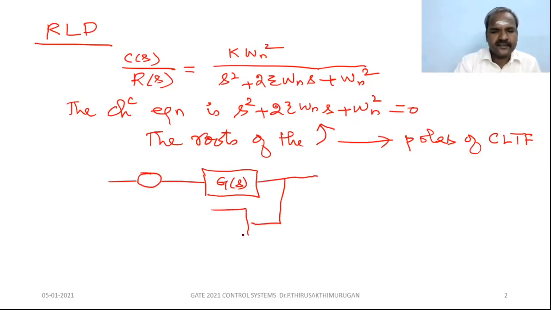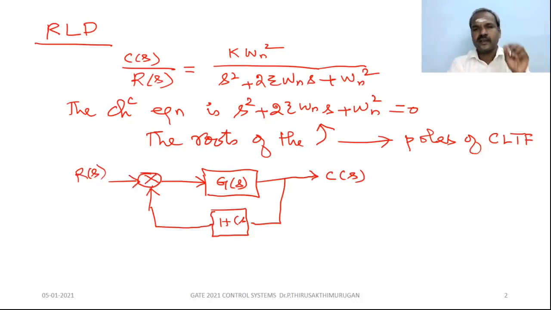Then this is the feedback element, H(s). So the output is C(s), the input R(s). Clear? So what is the root locus plot? The root locus plot will give the system performance at any value of the gain. So here we consider a negative feedback